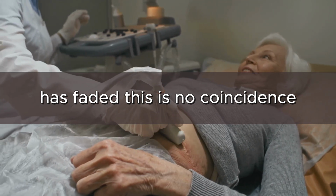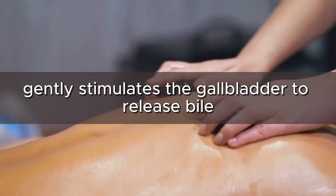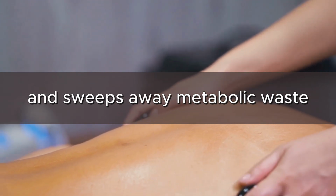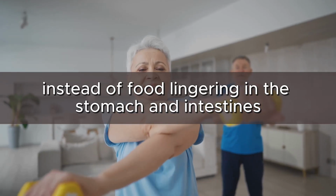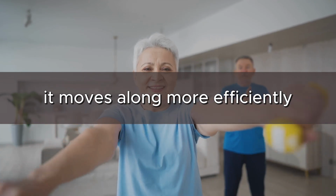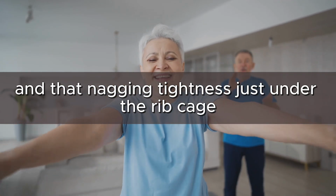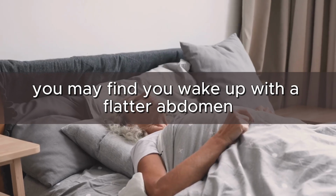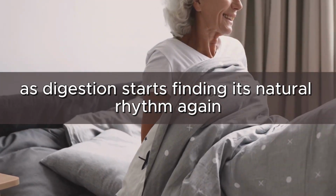This is no coincidence. Castor oil gently stimulates the gallbladder to release bile, that essential digestive fluid that breaks down fats and sweeps away metabolic waste. Instead of food lingering in the stomach and intestines, it moves along more efficiently, reducing gas, pressure, and that nagging tightness just under the rib cage. You may find you wake up with a flatter abdomen and a lighter step as digestion starts finding its natural